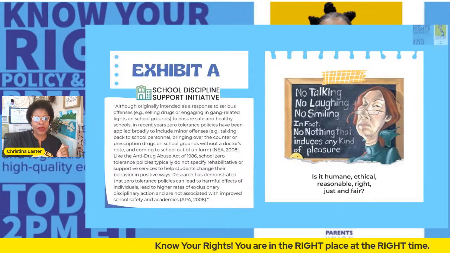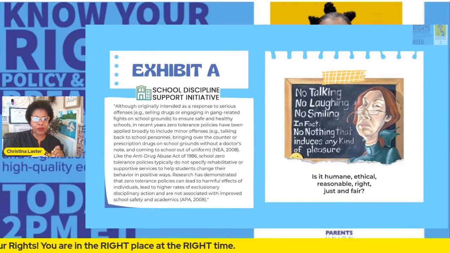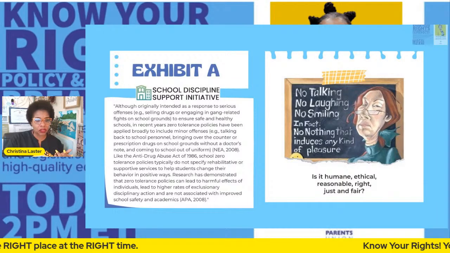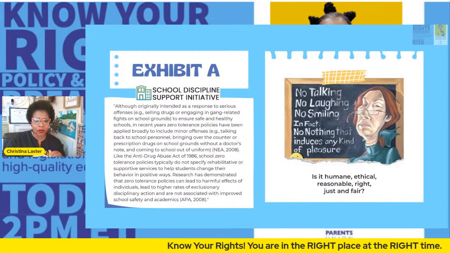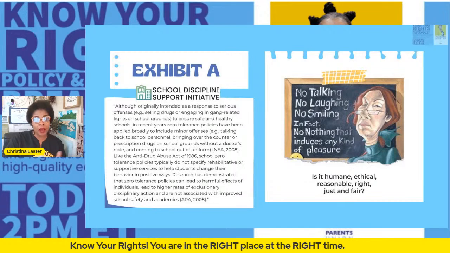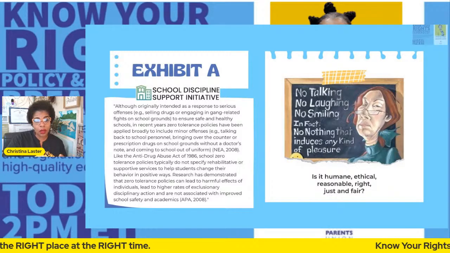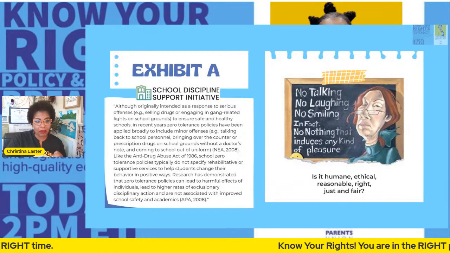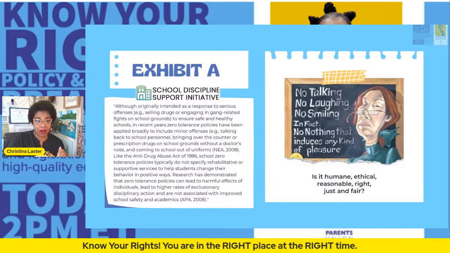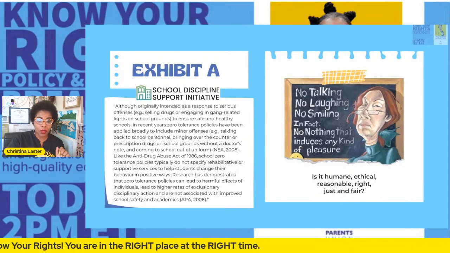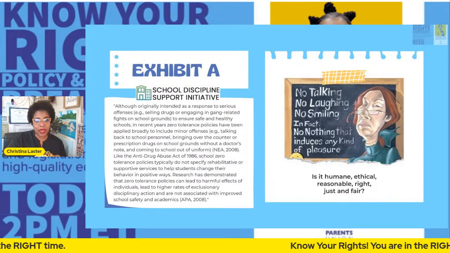To ensure safe and healthy schools in recent years, zero tolerance policies have been applied broadly to include minor offenses: talking back to school personnel. Is that age appropriate, right? We're going to look at that. Bringing over-the-counter or prescription drugs on school grounds without a doctor's note, okay? And coming to school out of uniform. I've even seen zero tolerance policies related to hair. Just saying, right? And so then you see the Anti-Drug Abuse Act of 1986,